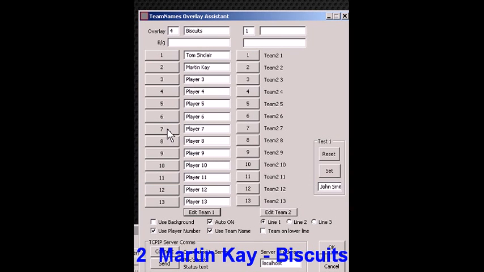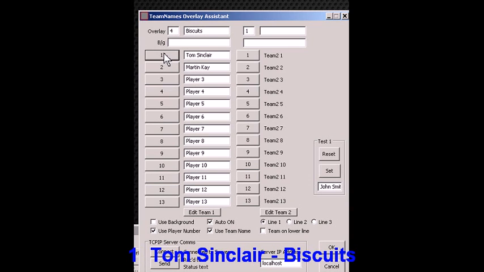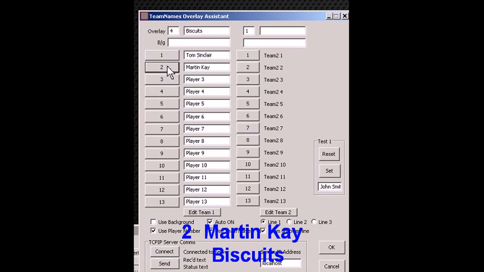And so when somebody switches a position in the game, going into the game, number 2, Tom Sinclair for the Biscuits, there is an away team column over here to the right, which I don't think is quite ready for prime time. I can put the team on the lower line so that when it goes in, now it says Martin K for the Biscuits. I mean, this is a pretty simple